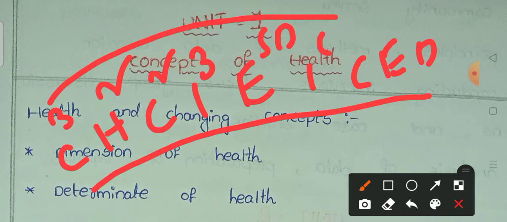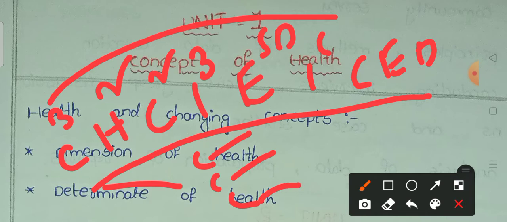For example, C3: C is the concept of health, concepts and structure, community need assessment. Next H2: home visits and health policies and problems. Next C2: communication, health education, health aids and community based rehabilitation. I3: infection and immunity, then immunization schedule. Next E: environmental sanitation. S: safe water. D is the disposal of waste and excreta.